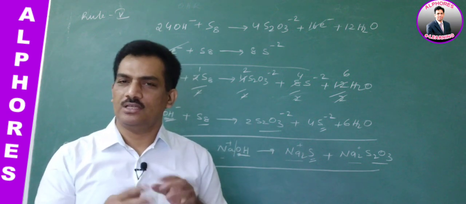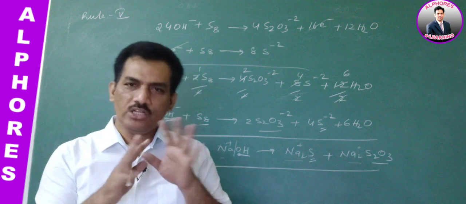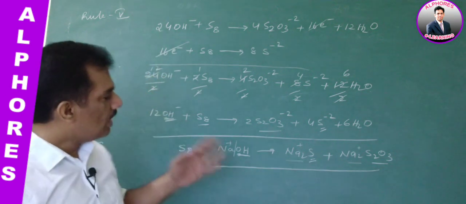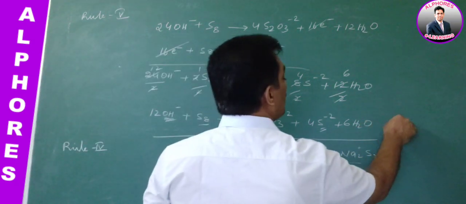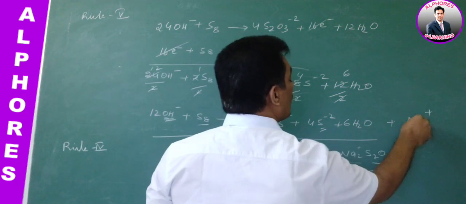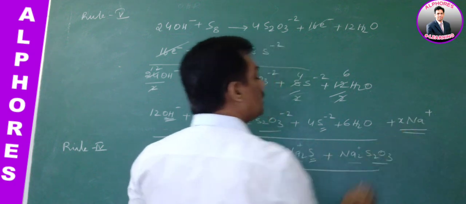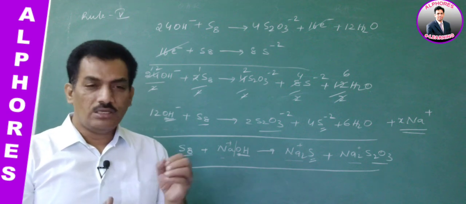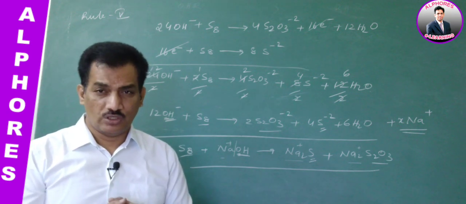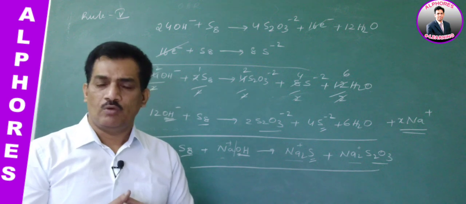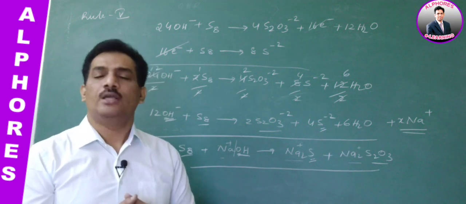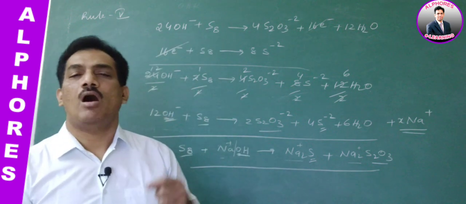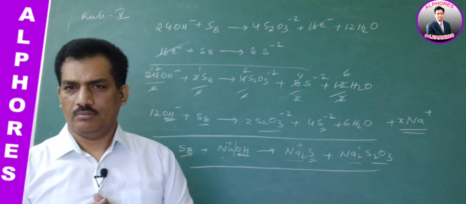My dear students, you remember they are in the solution itself. They are not going out of the solution. Along with this, these ions will also be present, whatever the number of ions required, that number of ions will be there itself. And now your question will be, sir, in case the ions are present in that solution, why are we dropping them? Why are we not considering them? Because those ions are not involved in oxidation or reduction.